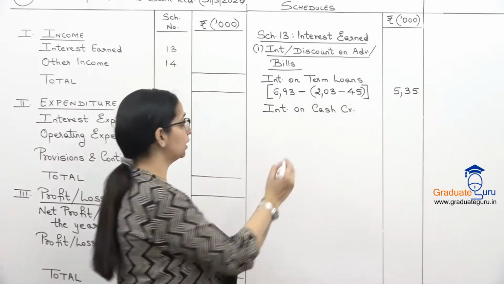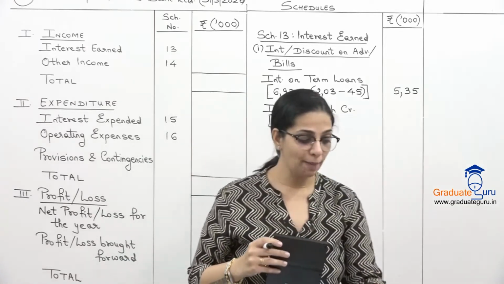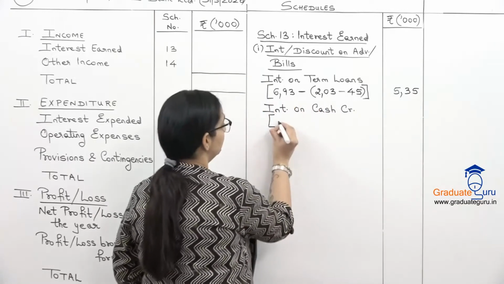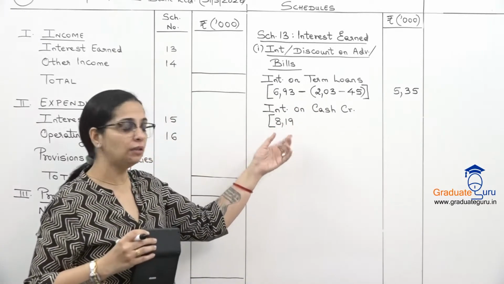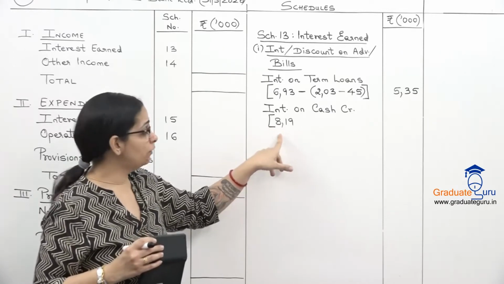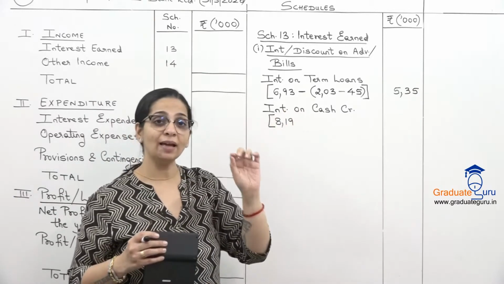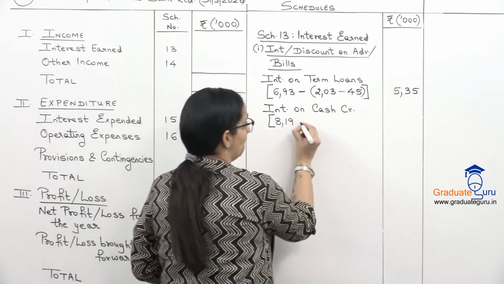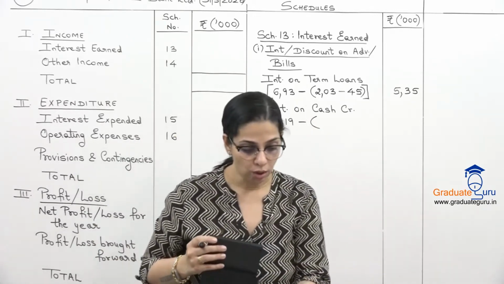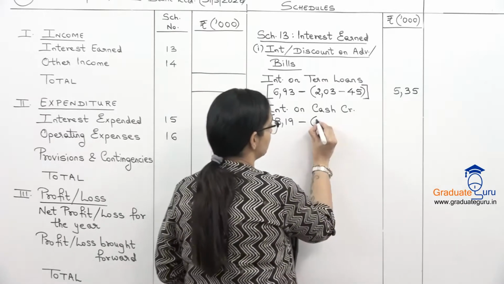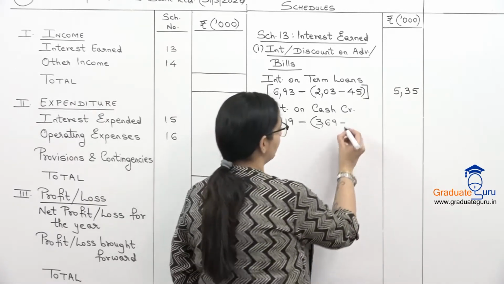Okay, the same way, we have to do the working. First you take your amount from the trial balance. So in the trial balance, the cash credit amount is 819,000. This is nothing but 8,19,000. That is why this comma is here. Even though I am writing 3 digits, I am putting a comma because this is nothing but 8,19,000. Minus again what has not been received on NPA, so earned on NPA is 369 minus received on NPA is 180.